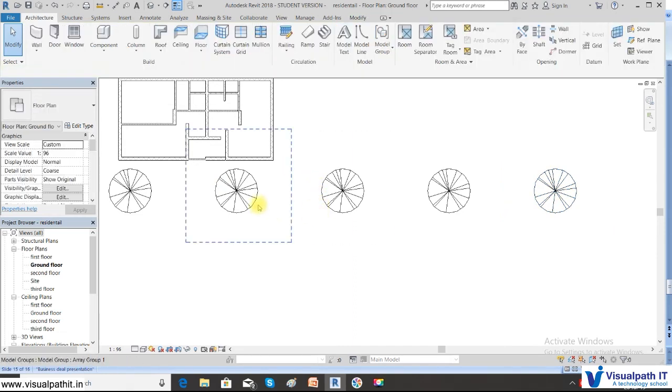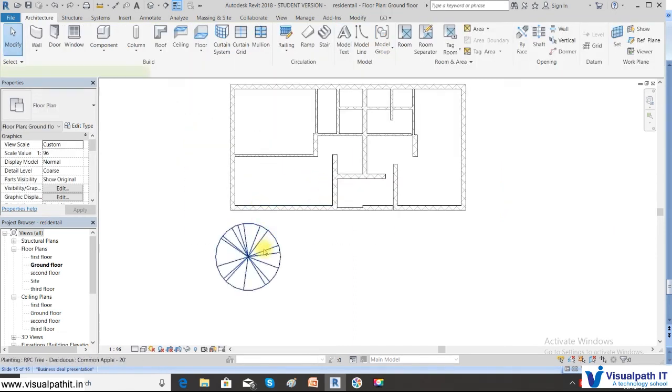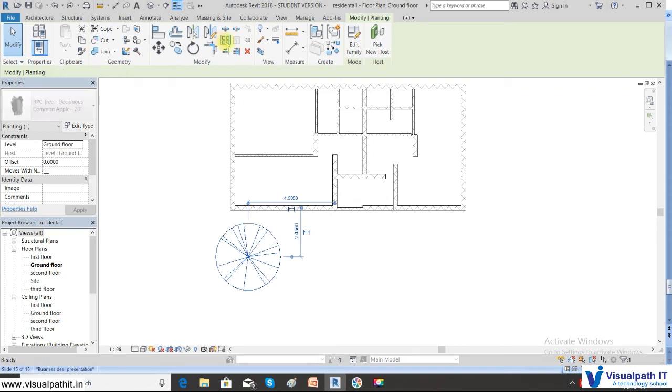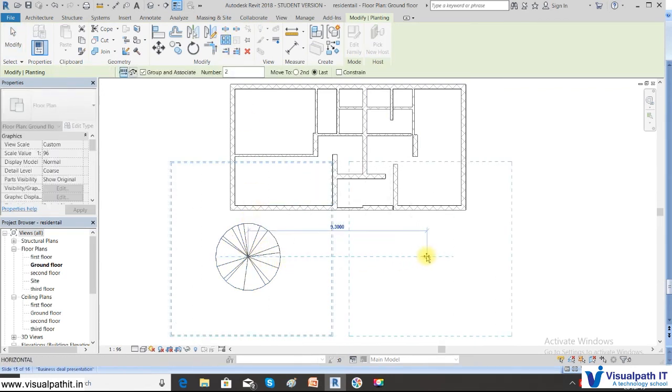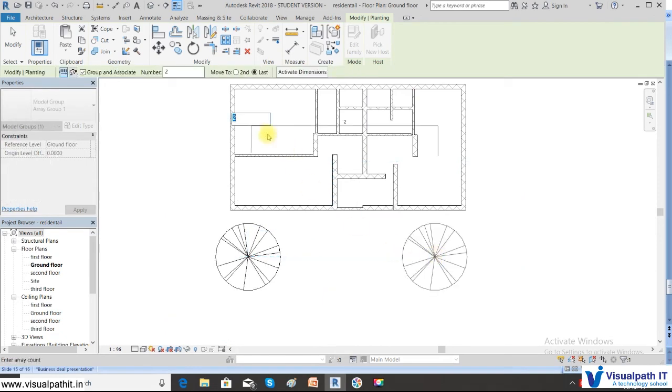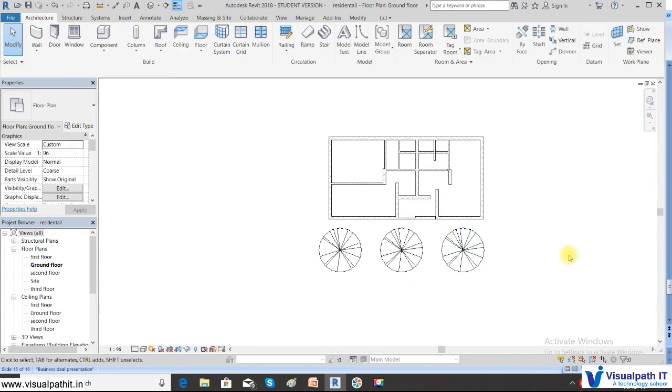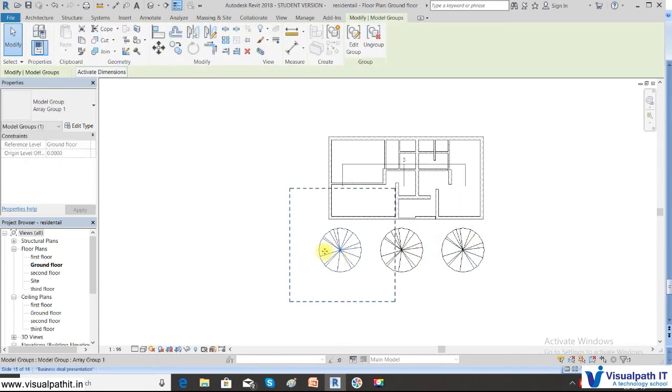Now, similarly, when I try to array this element, say I specify the number as 3. You can see that these are grouped into one element. Suppose I want to move this element, you can see that the whole object is moving because it is grouped into one.